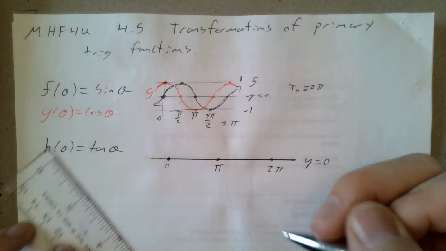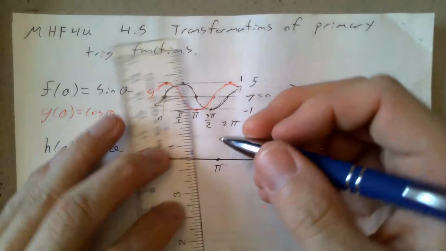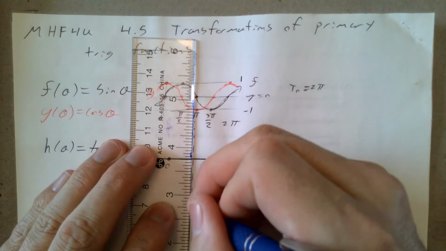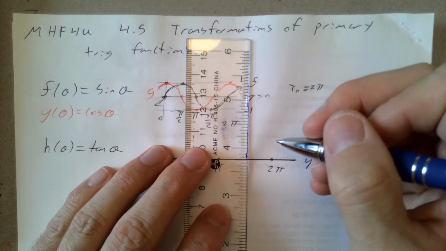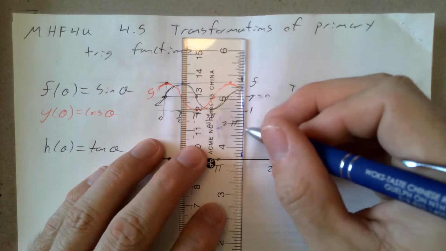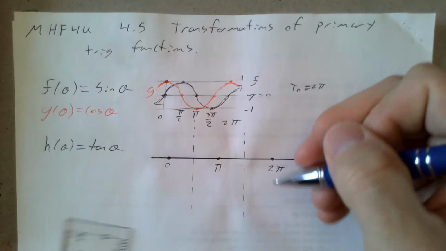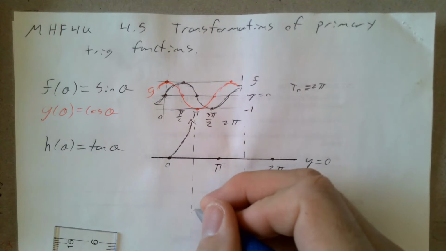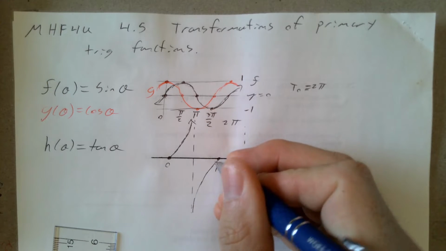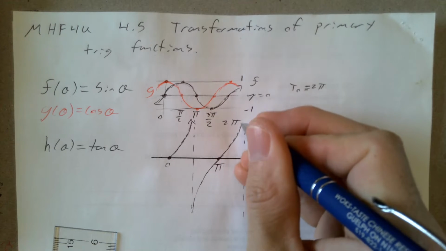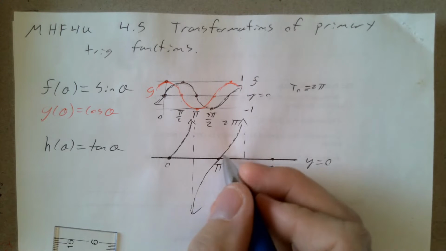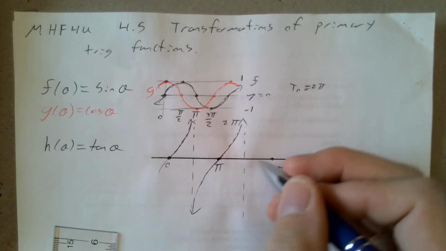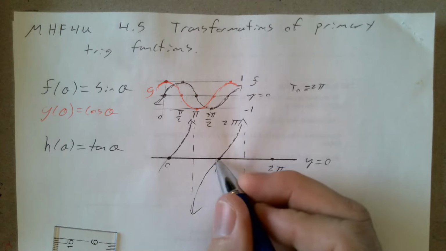rotation at pi. From our unit circle, we discovered that the tangent of pi by 2 doesn't exist. We have a vertical asymptote right there, and the tangent of 3 pi by 2 doesn't exist. Got another vertical asymptote right there. And we are concave up now when we're above the axis, and concave down when we're below the axis. Not horizontal. You can call it a linear root. It's actually more of a trigonometric root,